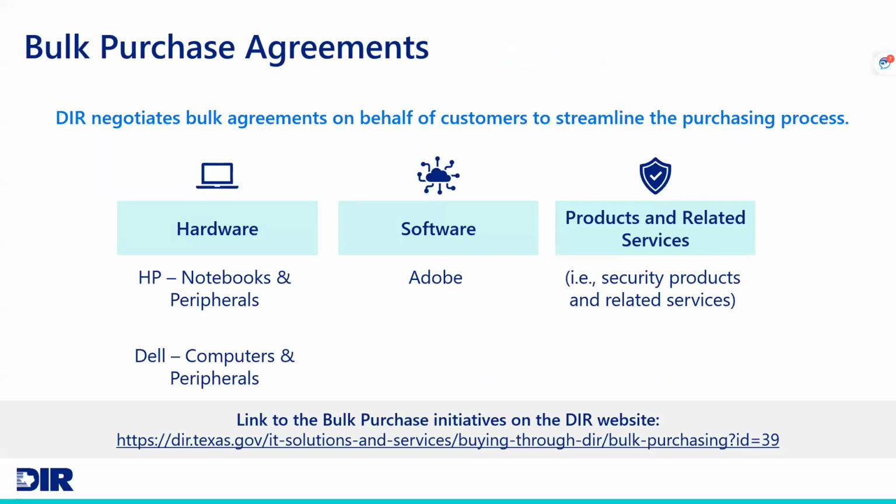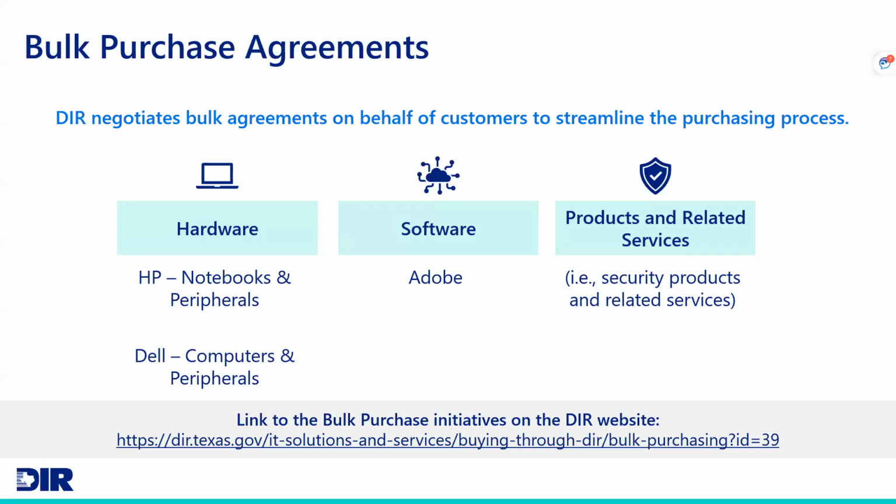And again, just to show you, I've talked about our bulk purchasing agreements and what we've currently got in place. These offer deeper discounts as compared to the regular contracted discount. So, for example, let's say a Dell laptop is currently 25% off of MSRP on the Dell contract. If it's on a bulk purchasing initiative, and right now it is, that Dell laptop might be offered at 40% off, but it's only going to be for a short amount of time. So these are our short-term deeper discount agreements that we put in place with vendors.